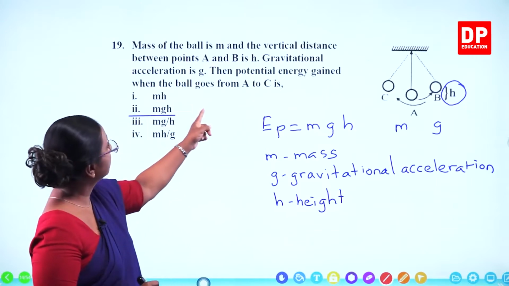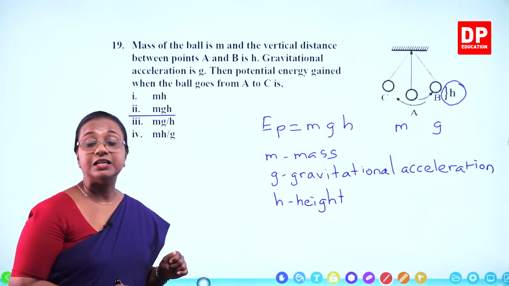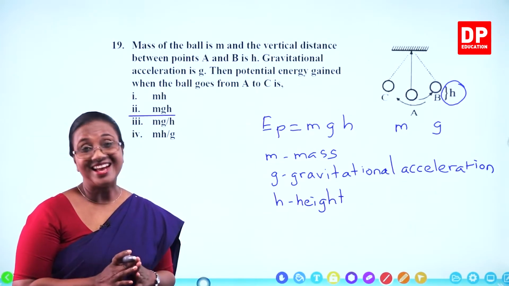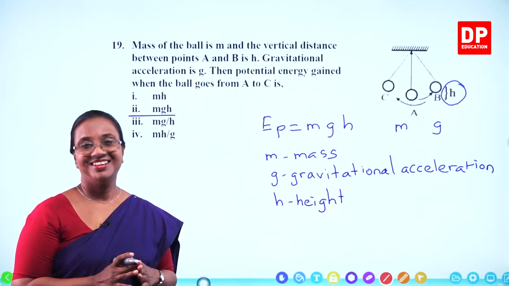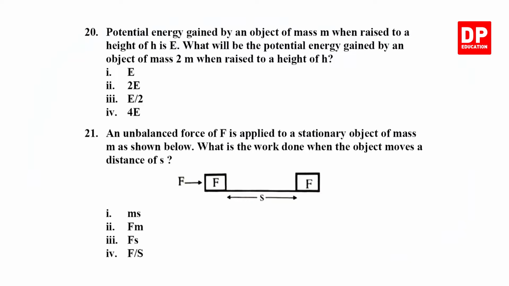Potential energy, the potential energy gained when the ball goes from A to C. That is mgh. Is that clear to you all, students? So then we'll move on to the next question. Question number 20. Potential energy gained by an object of mass m when raised to a height of h is